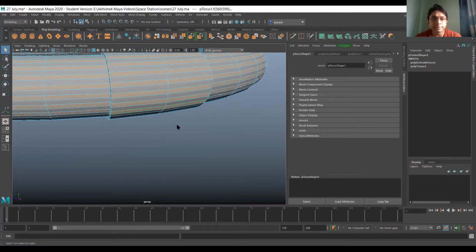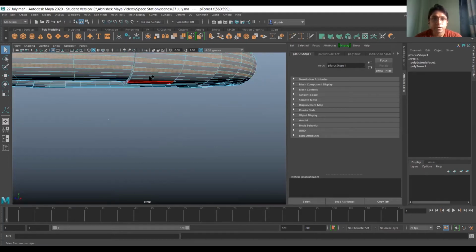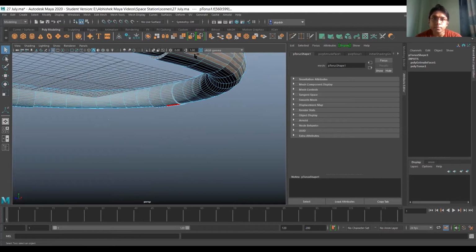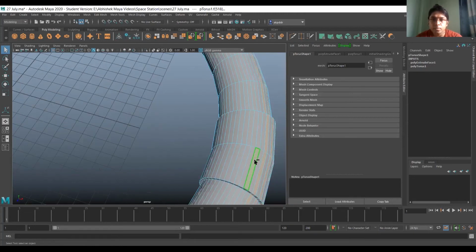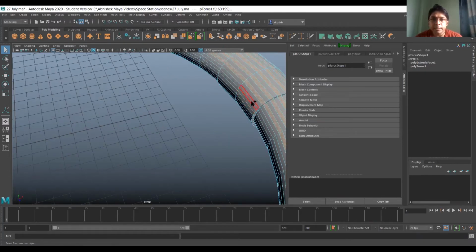Double click on the next face with the help of your shift key. Make sure your shift key is selected. I'm holding my shift right now so that I can select multiple selections.